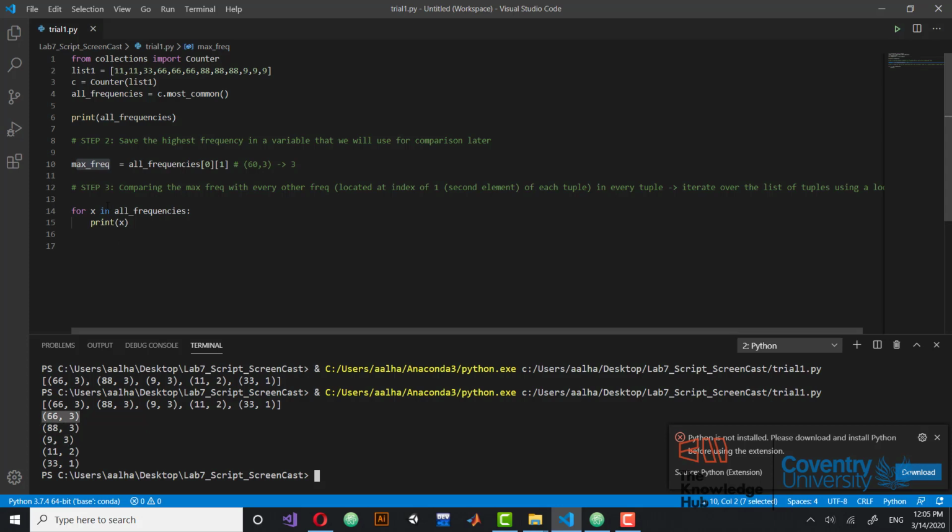Remember that each tuple is x, and from each tuple we want to get the second element. The second element of x is x of 1, and the first element of x is x of 0, which represents the numbers themselves, the elements themselves. What we want to compare is x of 1 from each tuple, which is the frequency of each element, not the elements themselves. So I'm going to say if maximum frequency